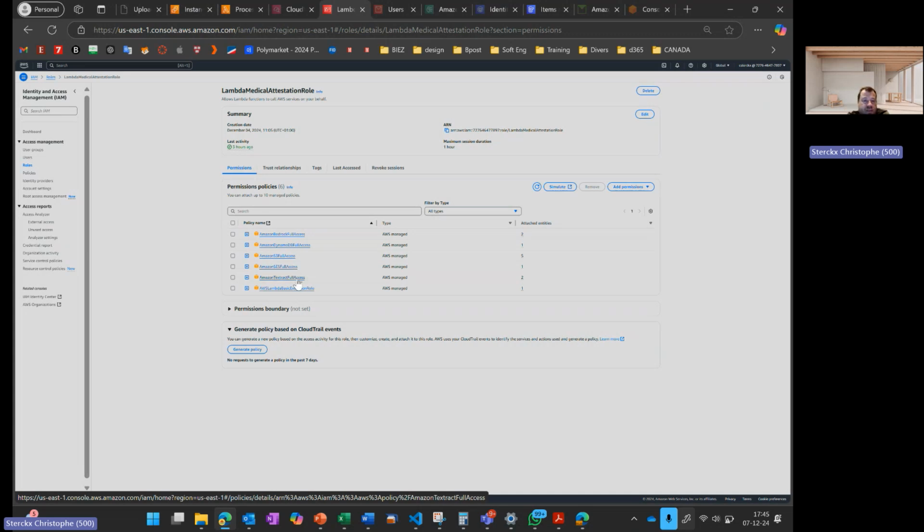SES is for the email flow. Textract is for the OCR, and Lambda basic execution role is really a basic set of operations on a Lambda function. So if we now move,